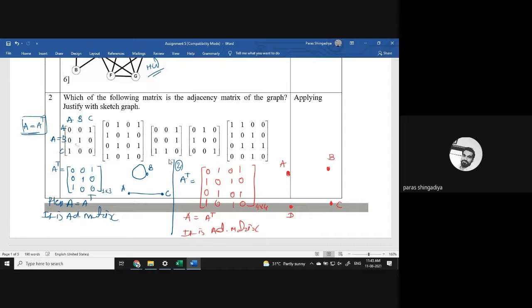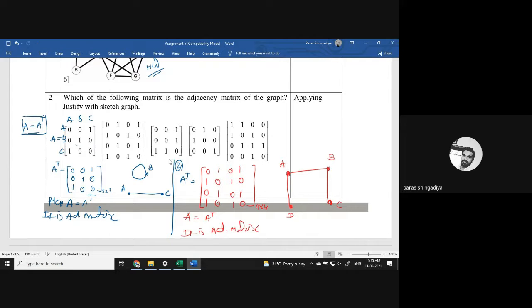Now we'll connect it. So the first row will be for the first vertex. A to A is 0, A to B is 1, A to C is 0, and A to D is 1. So connect A to B, and then after we'll connect A and D. Clear? From the first row. Now from the second row, B to A is 1 that we already connected, B to B is 0, B to C is 1. So connect B and C, clear?